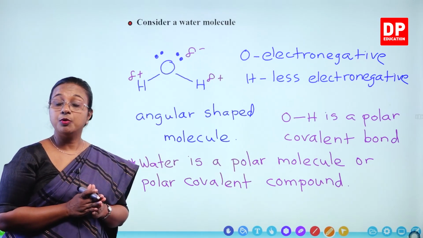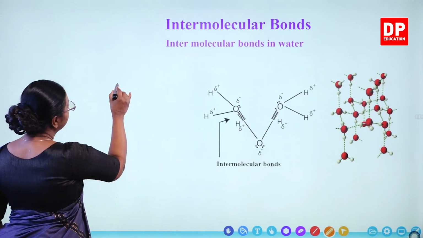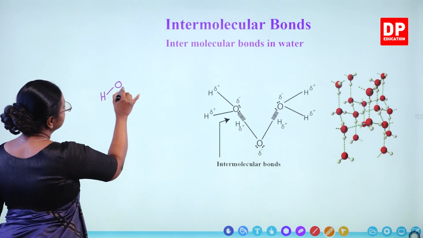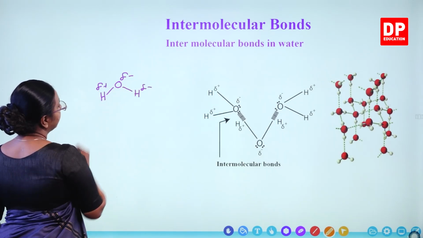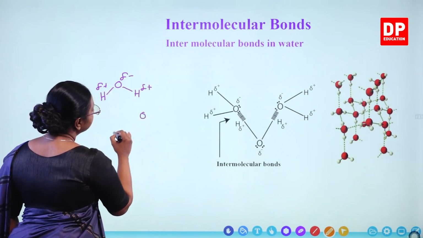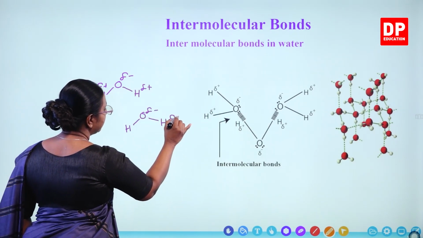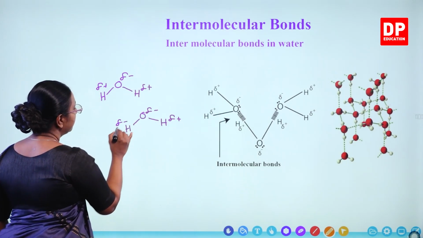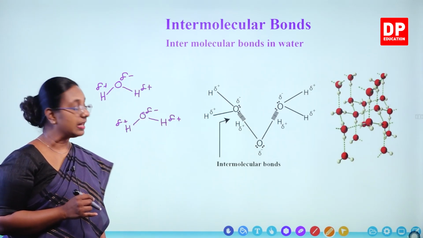So we have discussed polarity of bonds. Now, intermolecular bonds. This is again related to water molecules. You can still remember water, H2O, and here we have delta minus, delta plus, delta plus. So when there is another water molecule near it, there is a negative charge there, and positive charges here. These are all partial charges: delta negative, delta positive, delta negative, delta positive.